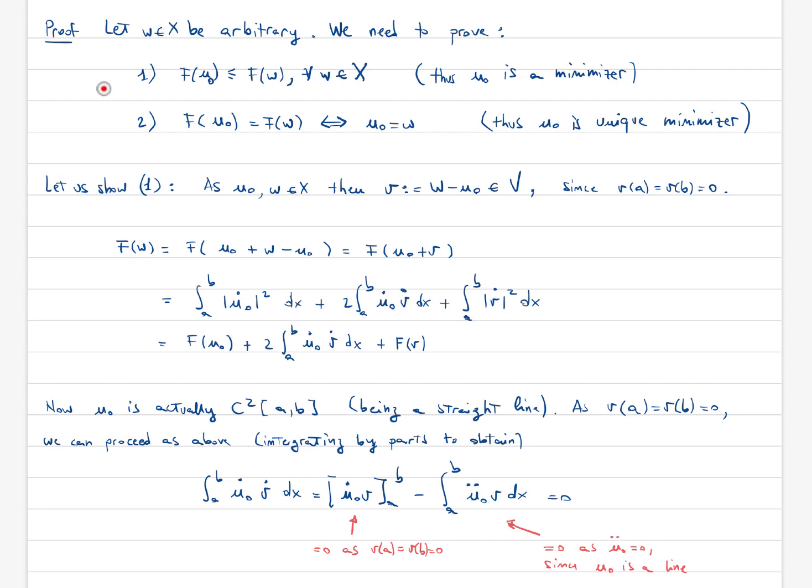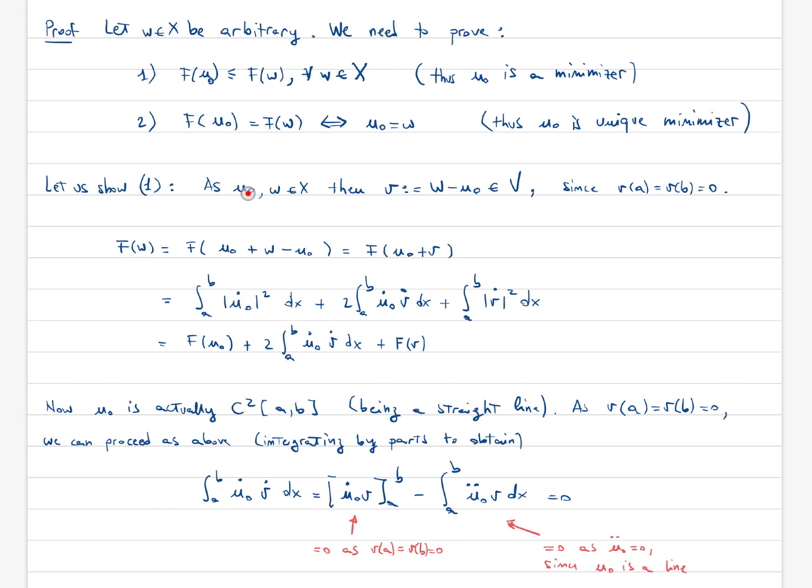So this first point here would show that u0 is a minimizer, and then we need to show that it's actually the unique minimizer, so that the energy of u0 is equal to the energy of some other point if and only if this point is equal to u0. So u0 is the only point with energy yielding the minimum value. Okay, so we start with 1,